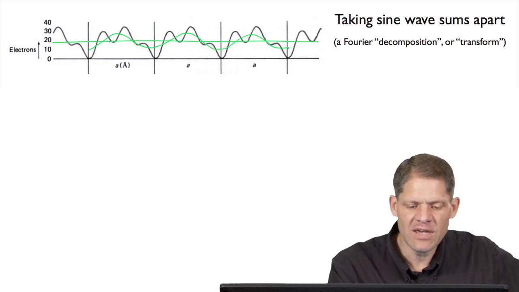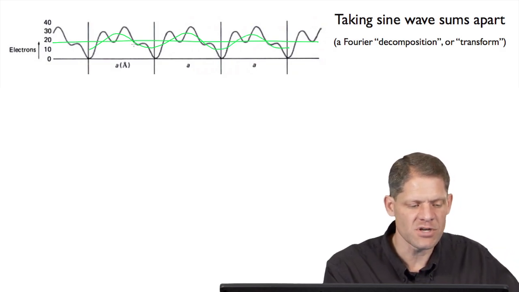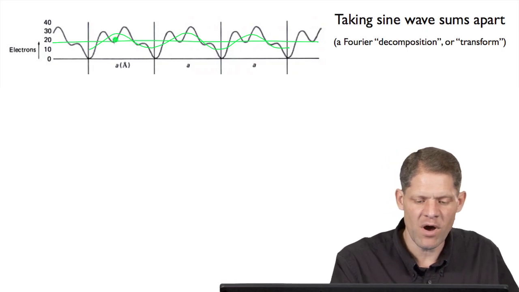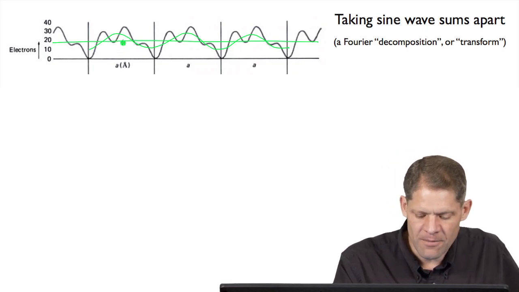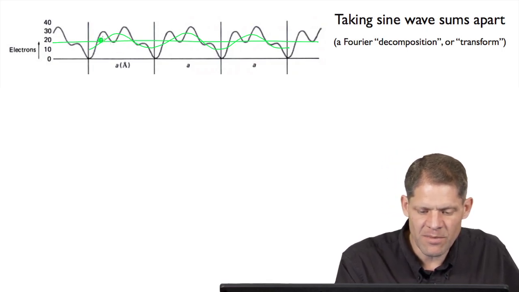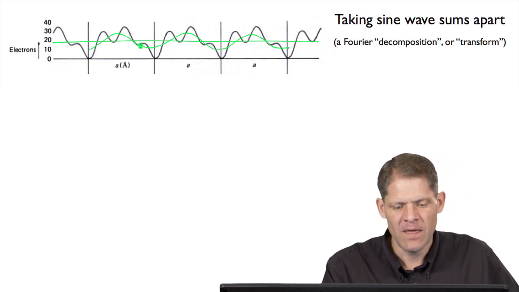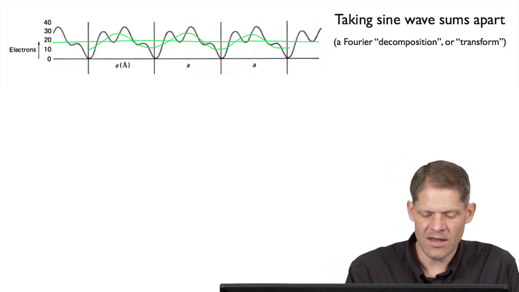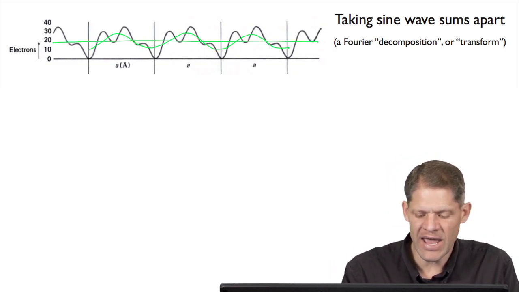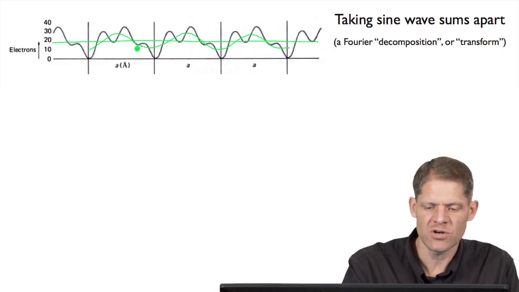And so that's getting closer to the original function, but it's still not everything we want. For instance, it is clear that there's some extra density up here that we're missing. There is too much density right there. There's some extra density over here that we're missing. And so it turns out that the next wave that we should add to try to reproduce the original complex